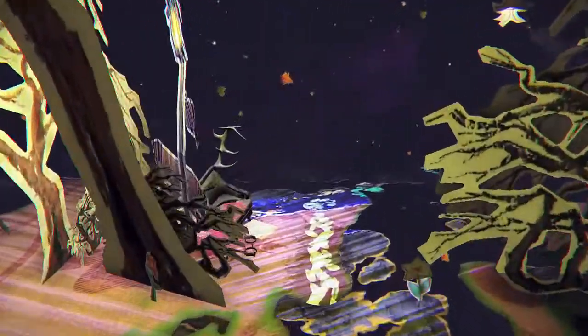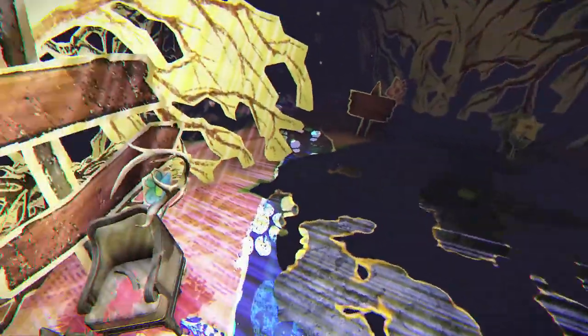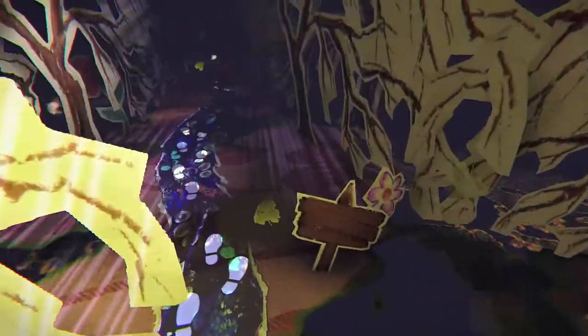Make sure you pick that up. Head back to the center where the fork started, and there will be a collectible right underneath the sign. So make sure you look at it. It's right next to this chair and like handcuff things. Make sure you grab that, and then we are going to head down the right path, and there will be